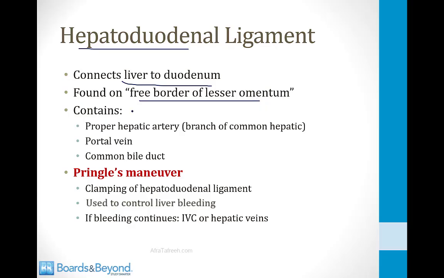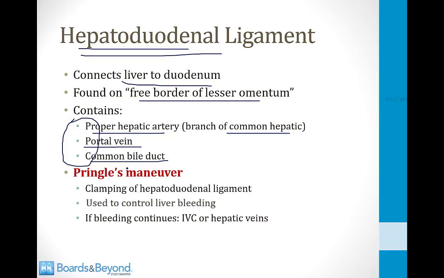And it contains three structures. The first is the proper hepatic artery, which is a branch of the common hepatic artery. The second is the portal vein, and the third is the common bile duct. Recall that the common bile duct branches into the cystic duct, so sometimes you also find a portion of the cystic duct within the hepatoduodenal ligament. And also recall from some of our other videos that these three components are what make up the portal triads in the liver. So it's basically those connections to the portal triads in the liver that pass through the hepatoduodenal